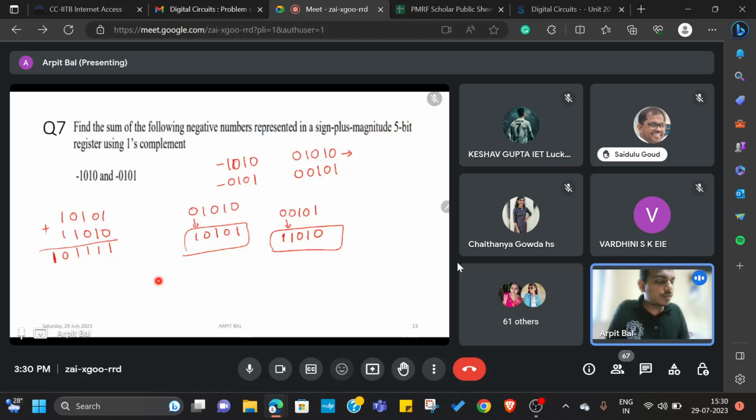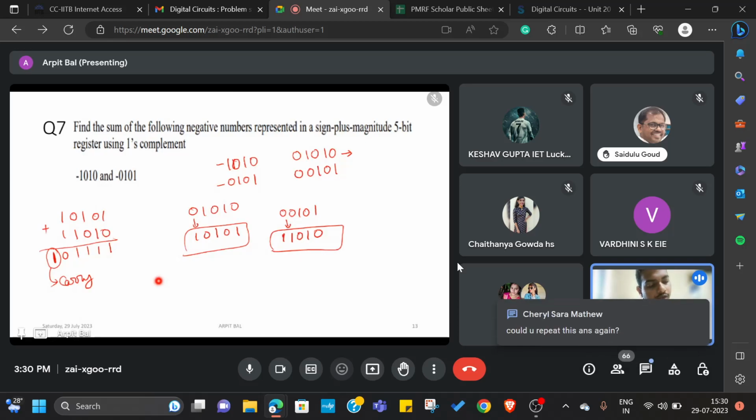Fine. So what we observe is we have a carry at the output. In 1's complement addition, if we have a carry at the